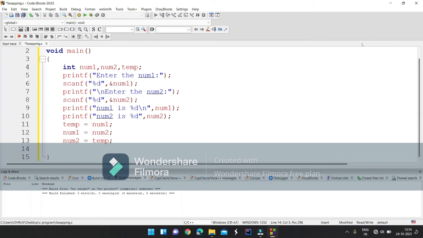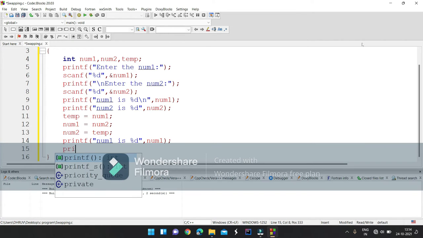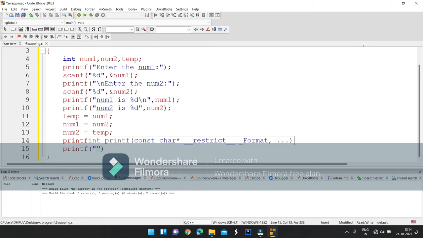After this logic, both values of num1 and num2 would be swapped, and now we will print these values on console using the printf function. printf "num1 is %d". %d prints the value which is held by num1, and another printf function "num2 is %d". %d prints the value of num2.